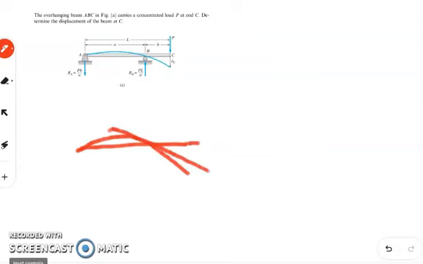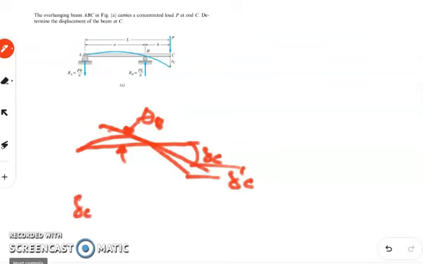So this is our delta sub C, and this one is our delta sub prime C. So this is actually our theta of B. Therefore, our displacement at point C, denoted by delta C, is equal to theta B times B plus delta C prime. We have to take note that theta B is the slope angle of the elastic curve at point B, and our